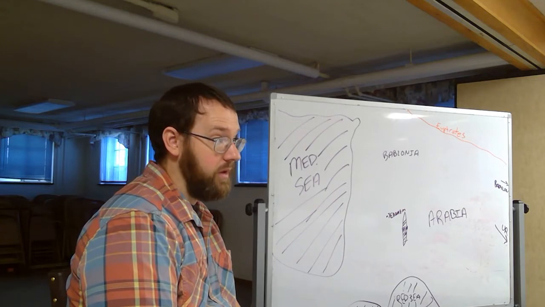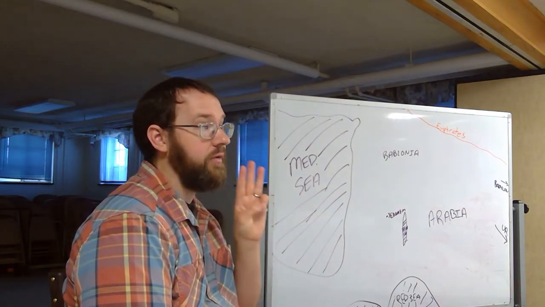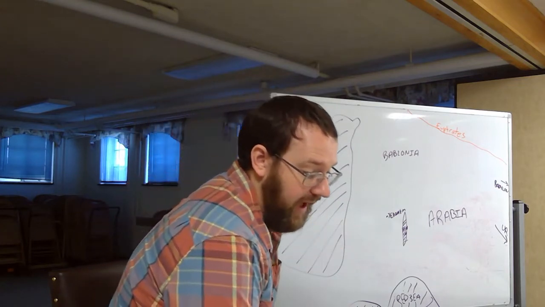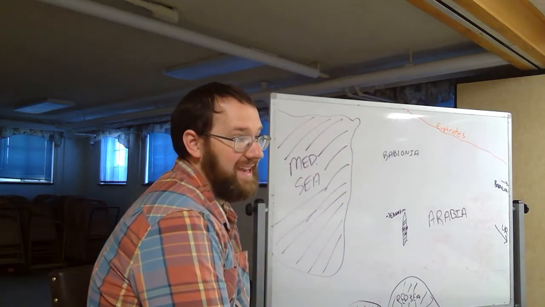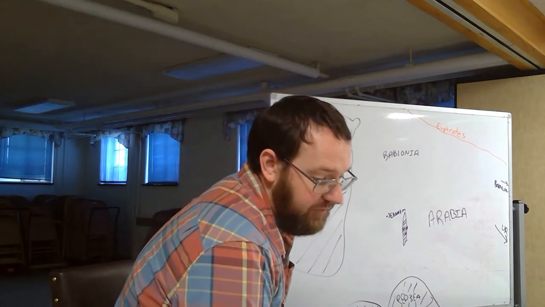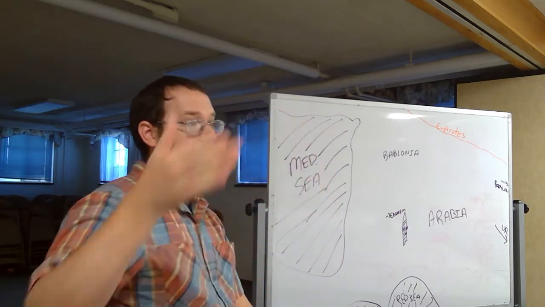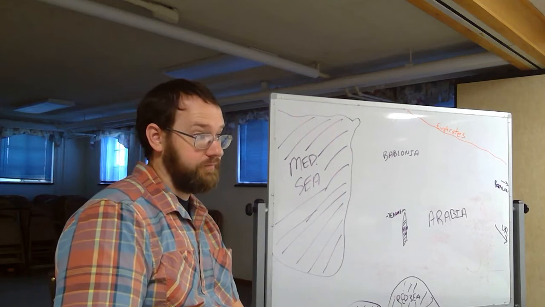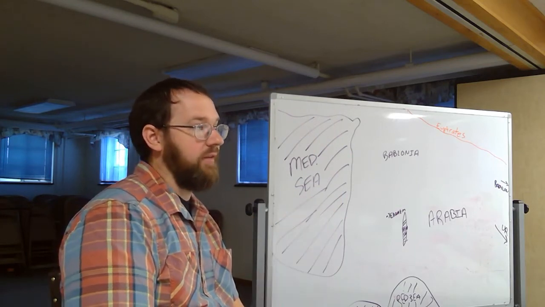Actually, no. There are approximately three exiles of the people of Judah. One happens in 605 BC. The second happens in 597 BC. The third happens in 587 BC. And it's on that last one that the temple is burnt and destroyed. So it's about 15 years after this that it's destroyed.